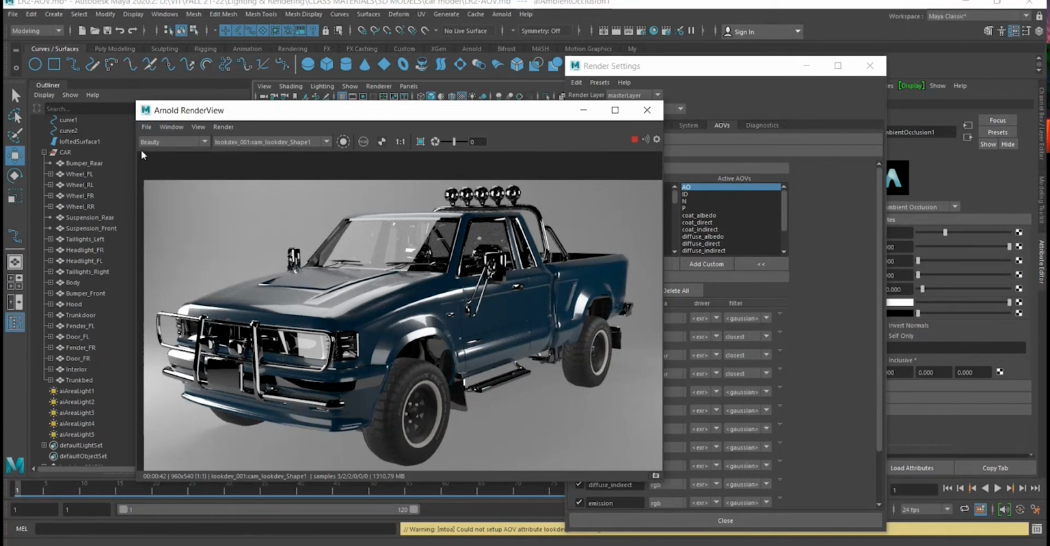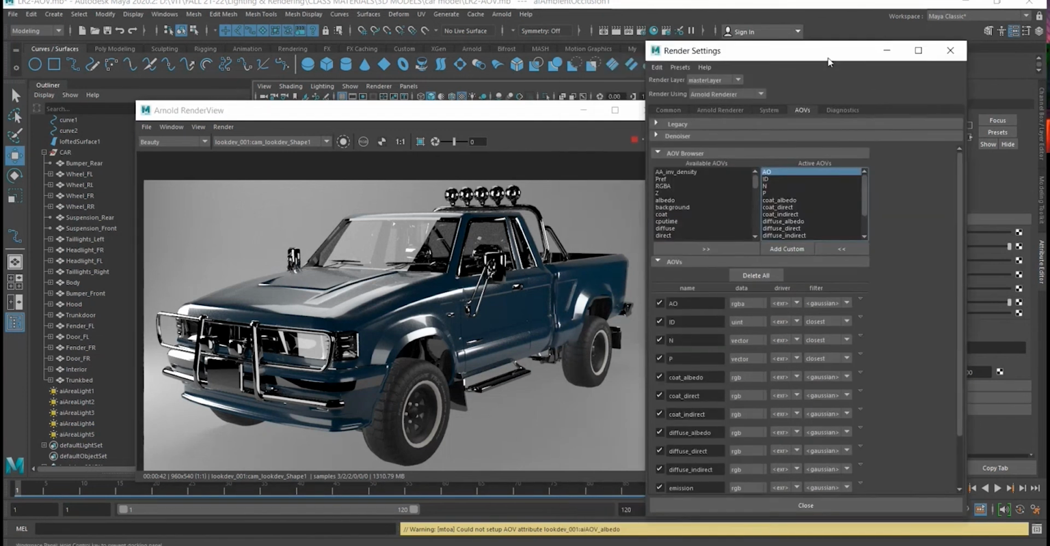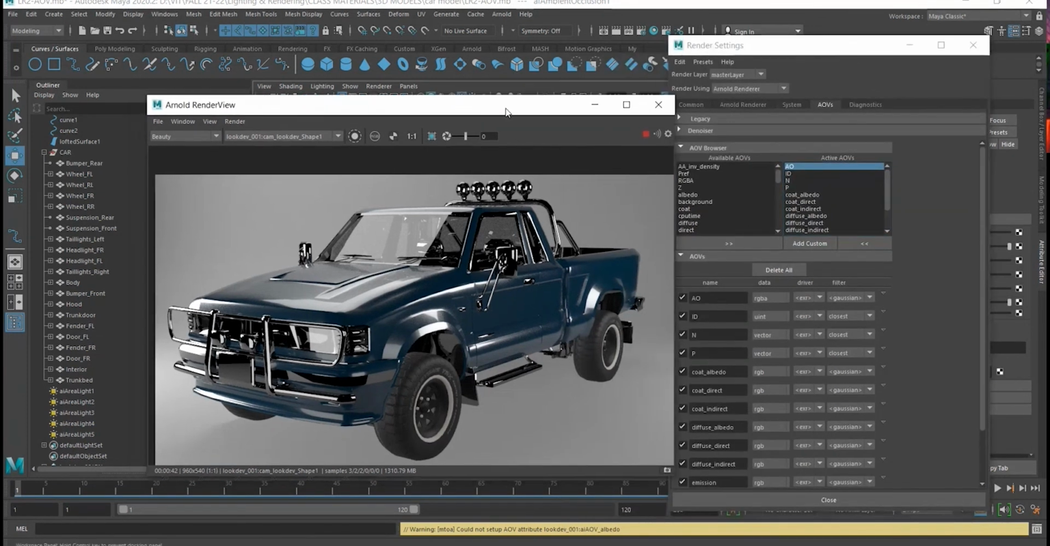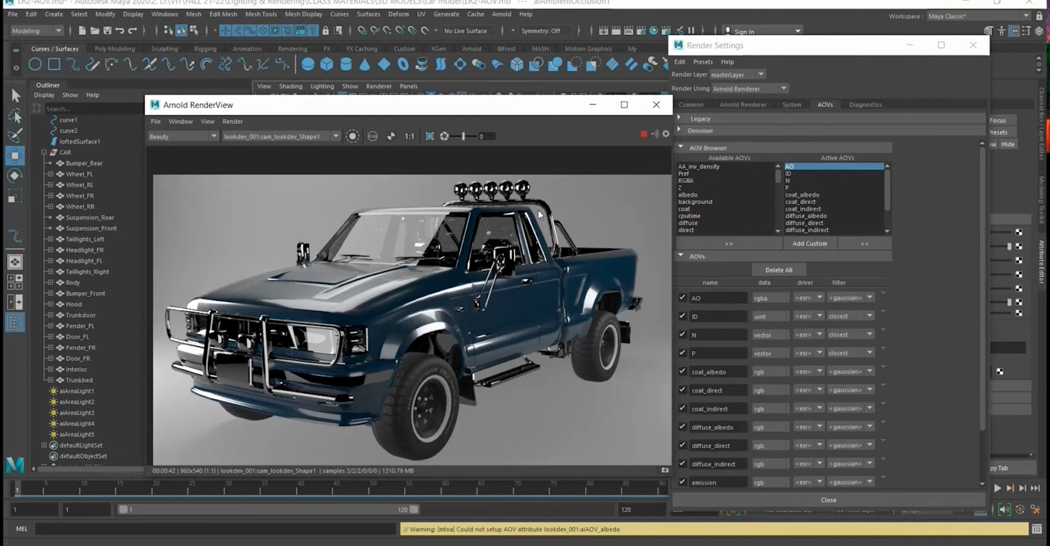Now, before we go further, you see that it's a beauty pass. Guys, look here. We call this a beauty pass because all the render passes are combined together as a single final image. This final render image, we call the beauty pass. Please don't forget, it is one single final render image. Whereas when you go beneath it,